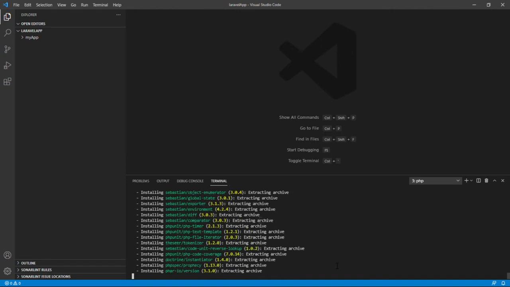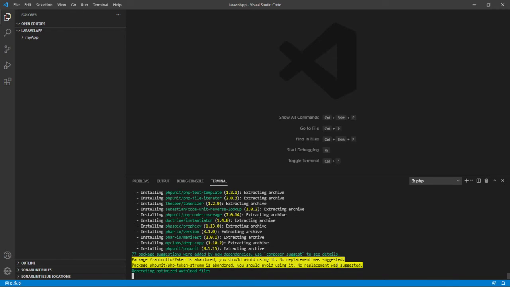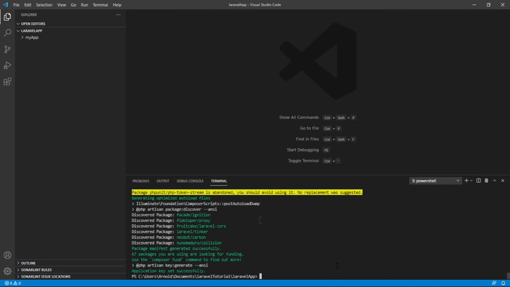We are allowed not to upload the vendor from our local machine to the host. So Composer has the power to download that vendor folder down to your host directly. So that's it. If it's already done, you can see this application key set successfully,